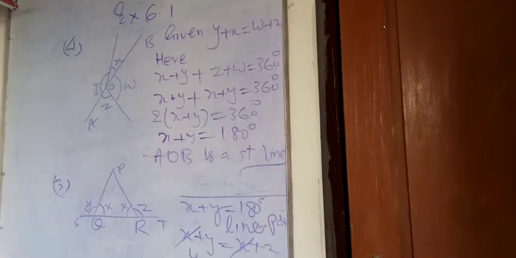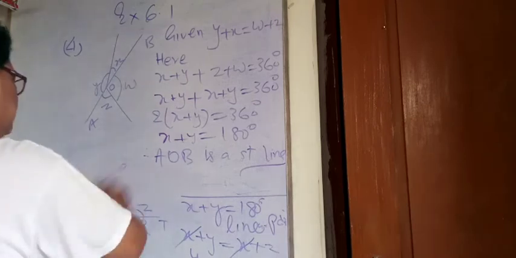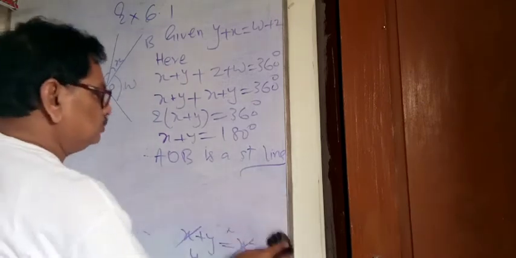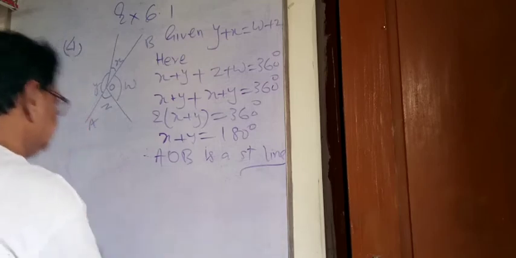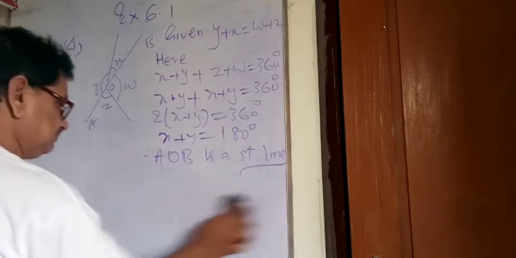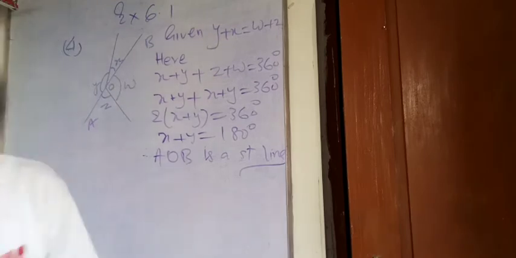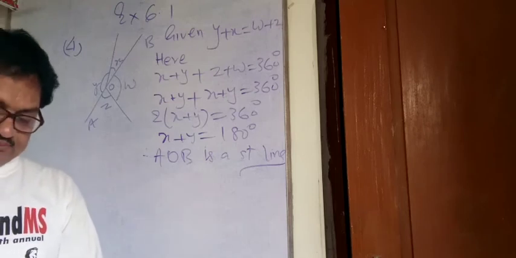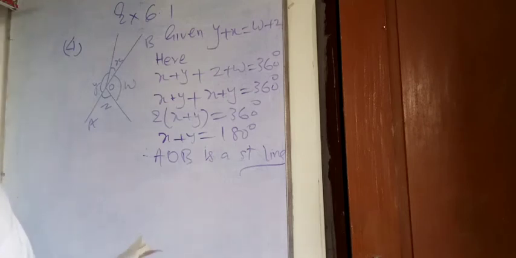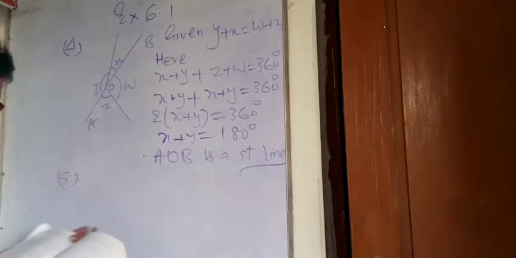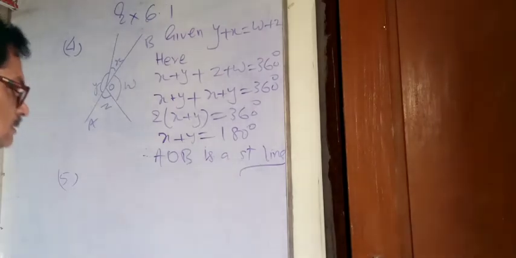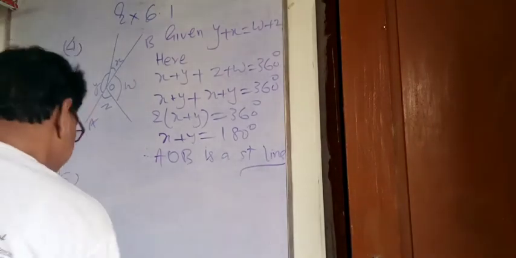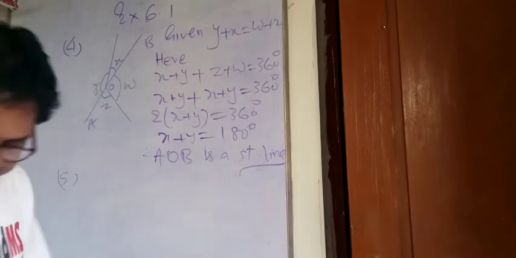Now let's go towards the fifth question. So we will have to draw the figure first for question number 5. Question number 5, very, very important. We have got only 2 questions left, the 5th and 6th. So question number 5, what does it tell? First of all we will have to draw the figure for question number 5.